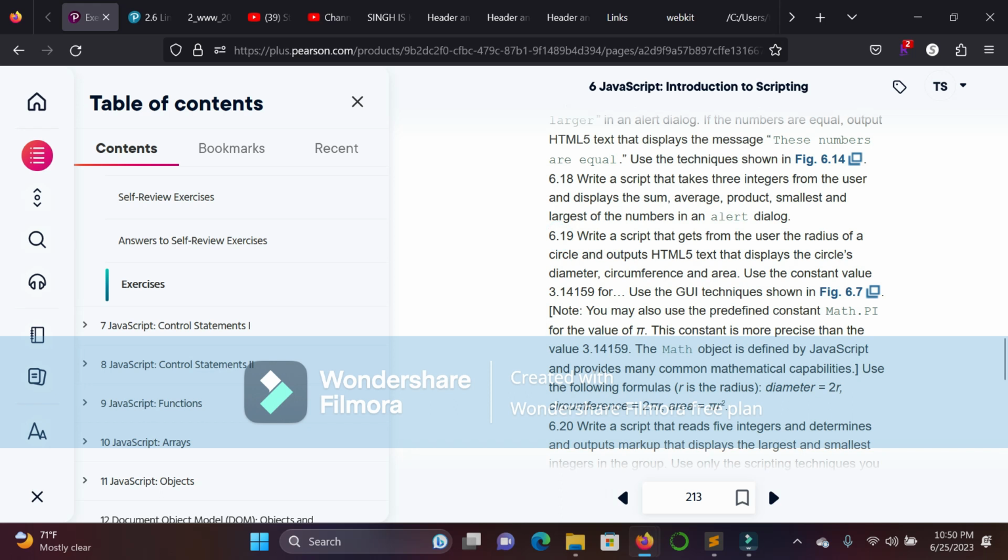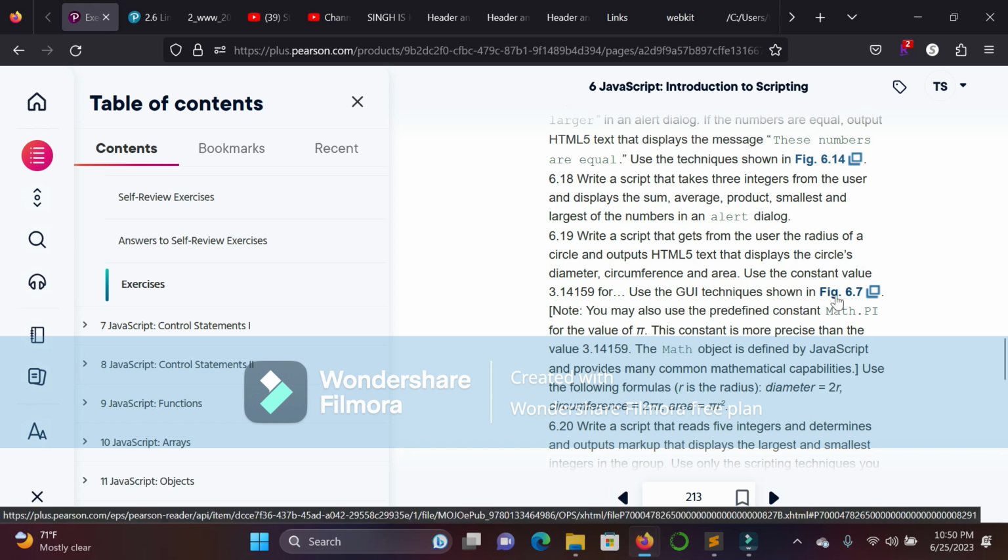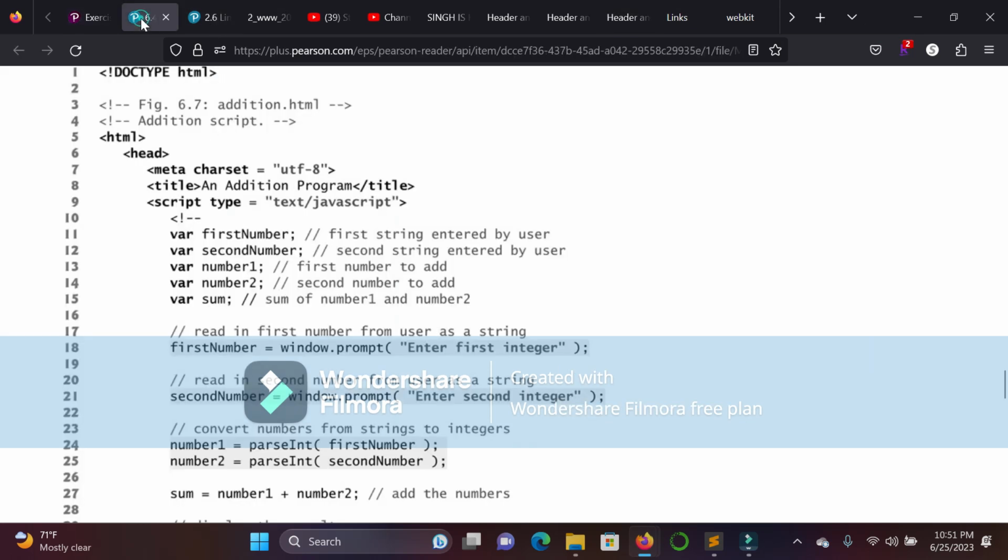Stop. All right. Write a script that gets the user radius circle. Output HTML5 text that displays a circle diameter, circumference, and area. Use a constant value 3.14159, the pi. Use GUI technique shown in 6.7. And